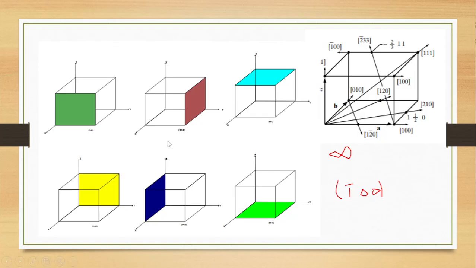So the thing is that the Miller indices are integers, so you can't have decimal points. This is about planes here, and essentially we want to index the plane. So this is why we have Miller indices. These are really simple ones. If you want a more complex one, something like 111 as a plane,